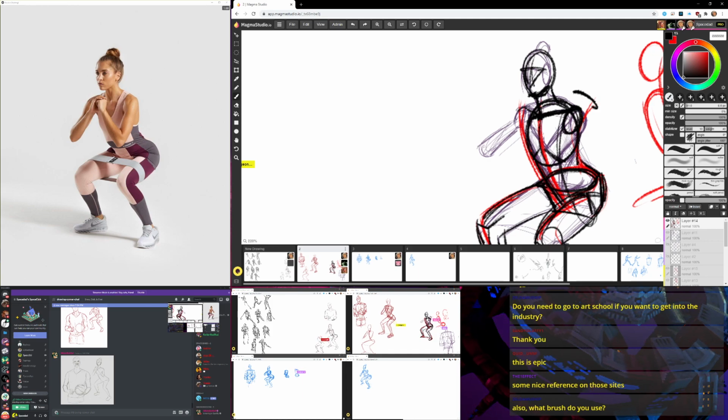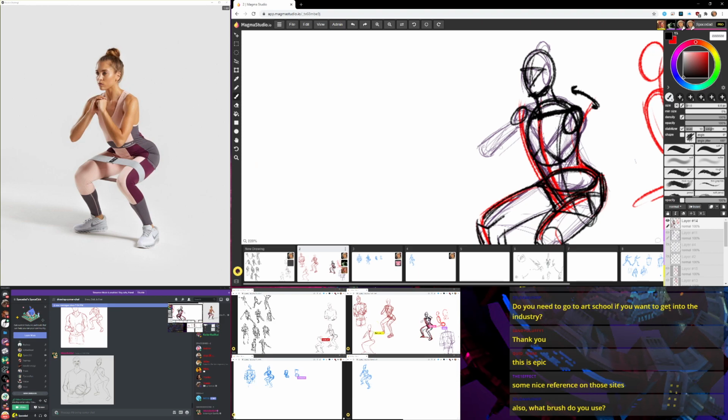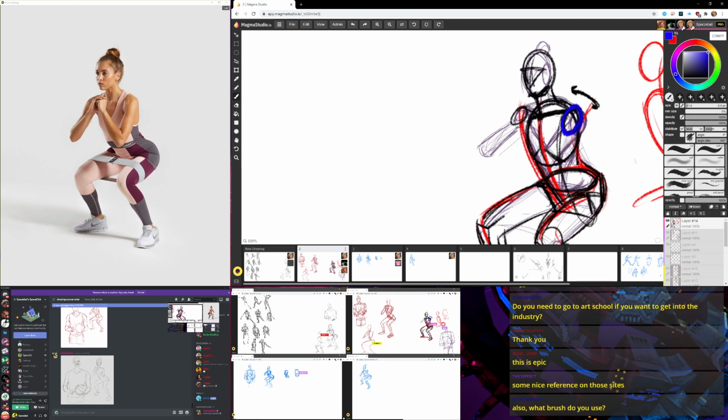Her shoulders are actually rolled a little bit forward, I think. See, maybe I can use blue here to draw another layer on top.